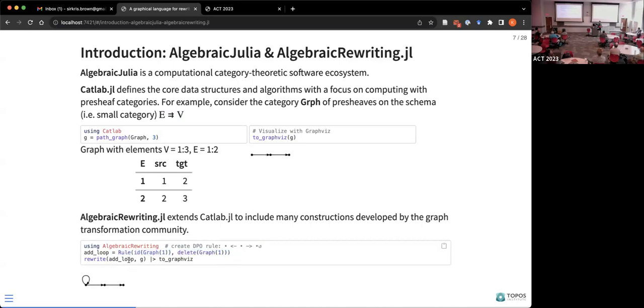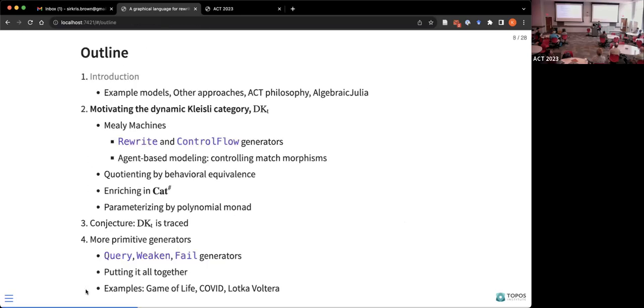I can apply that rewrite rule to a graph, and if I don't specify which match morphism I'm going to use, it will pick an arbitrary one. So here I took the path graph and I applied the rule, and it just gave a loop to the first one. So that's the preliminaries, and now I want to introduce this category in which